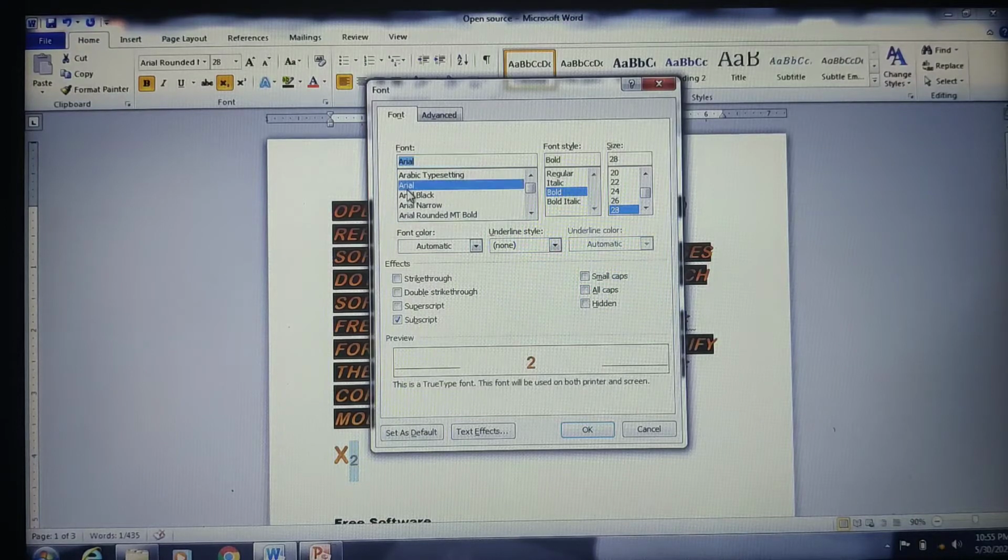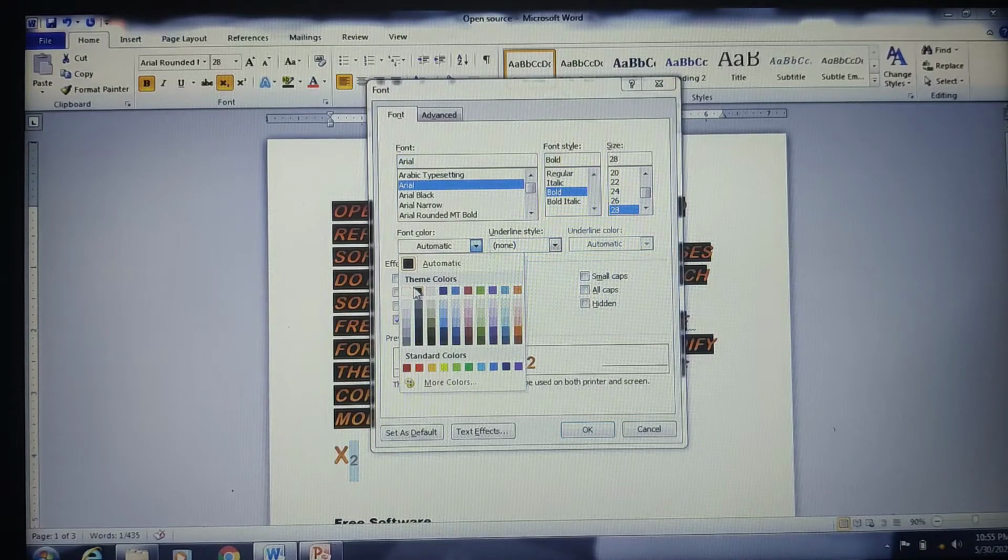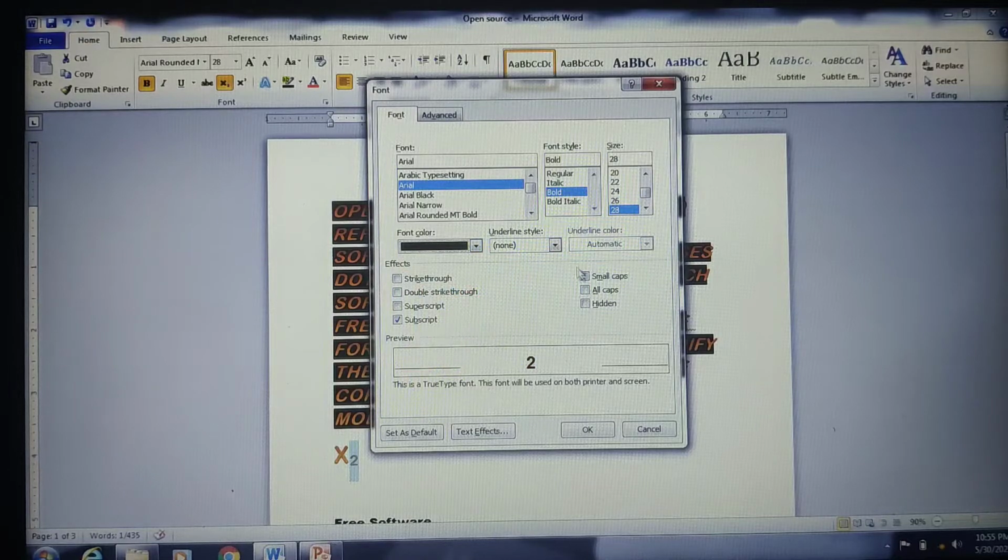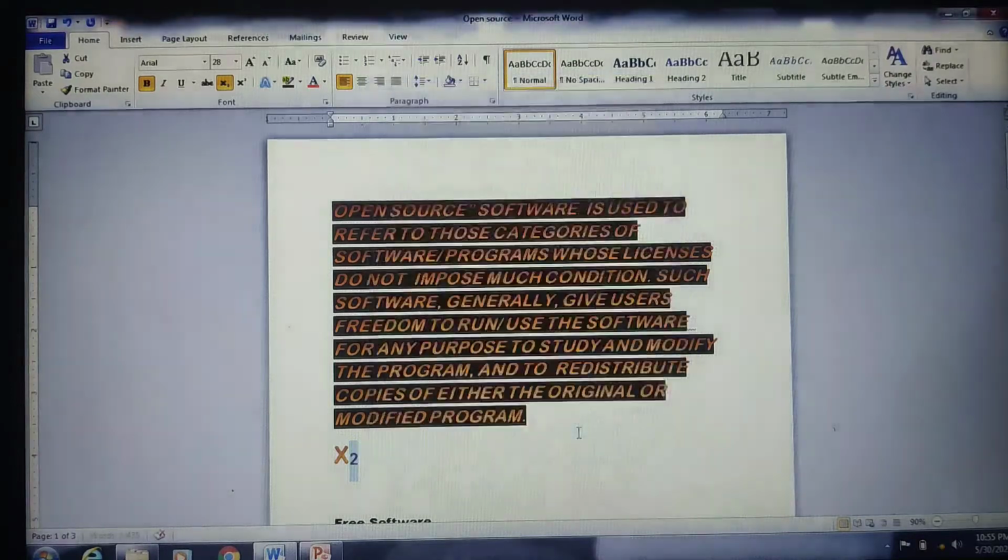You can change here also, Arial Black. You can change the font, you can change the font style, you can increase the size, you have a strike through option here itself, you have double strike, and you can even change the color like this. All right, if you want an underline style, you can go for whichever different underline style. All these are the different options, and whatever changes you have made, just say okay. So this is how you can make use of the standard formatting toolbar. So these are the different kinds of formatting options.